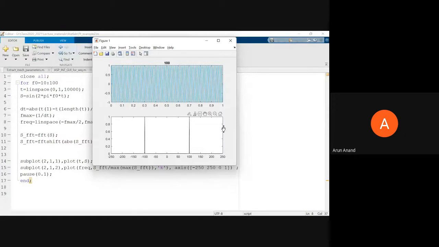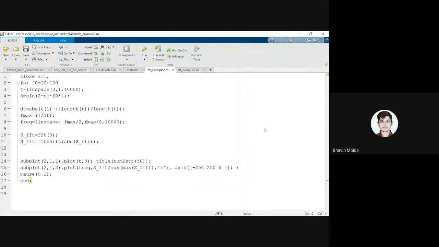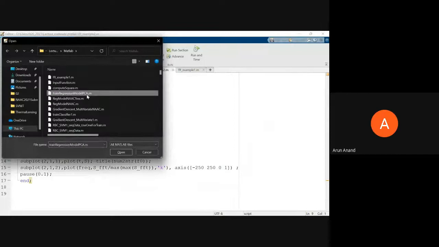You can see as the frequency of the sinusoidal signal increases, of course, it's a confined sinusoidal signal, the spectrum shifts outwards. Exactly, it gives you the exact frequency component of the signal. Clear?